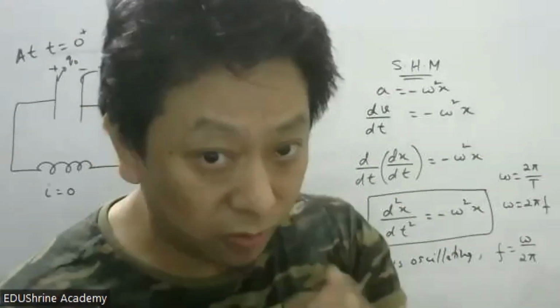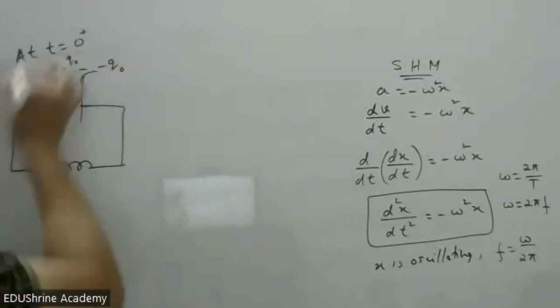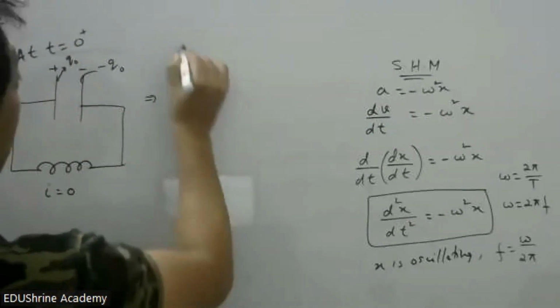So if it is 0 now, just 1 nanosecond later it will also be 0. It will take some time to increase. So this is the situation at time 0. After time t,